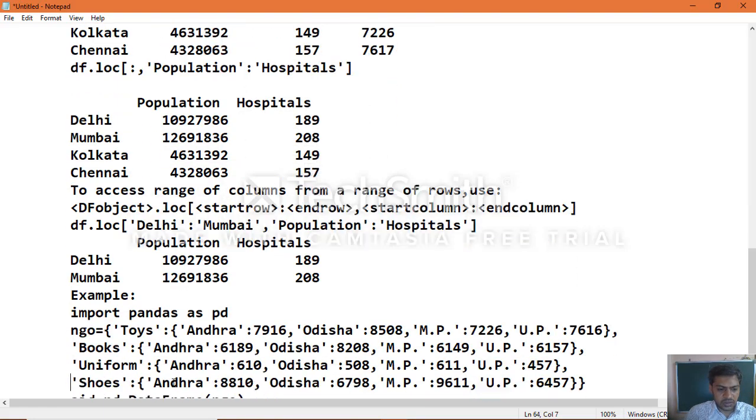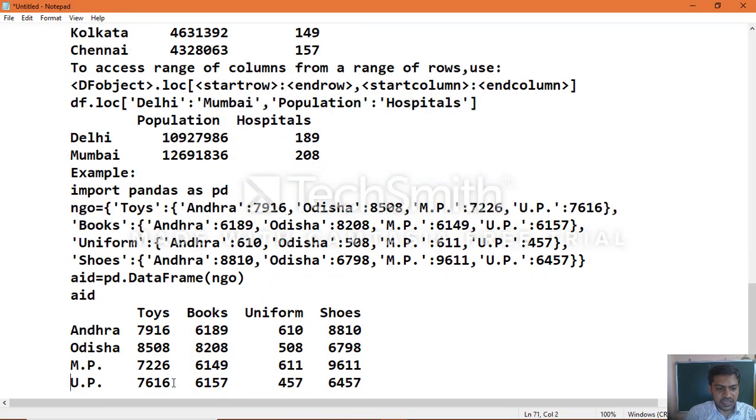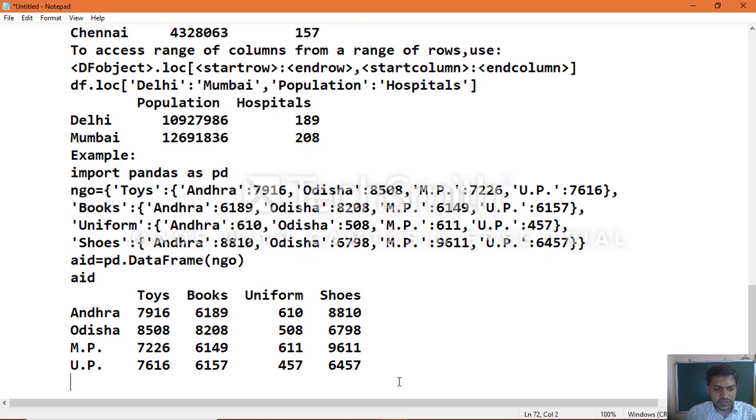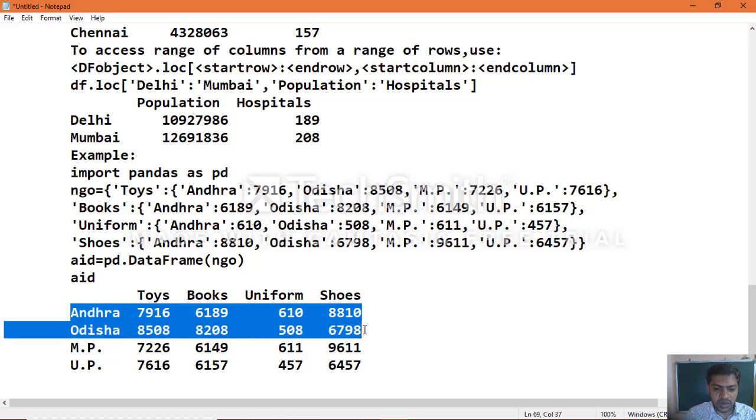This is the general data frame which you can create. Once you have created that data frame, you want to access the Andhra and Odisha details for books and uniform, these two rows and two column labels.